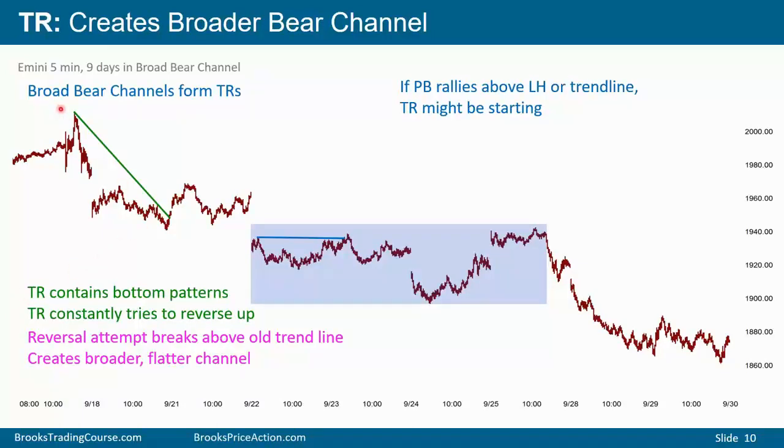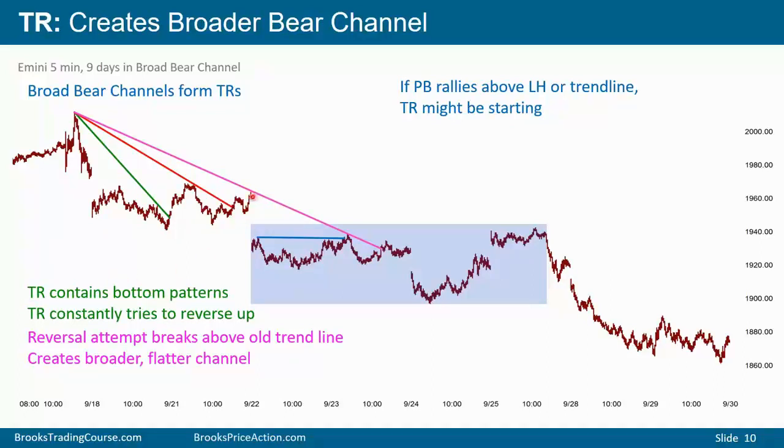Whenever the market is in a bear trend, it's regularly having strong reversals up that break above the top of the channel, which is the bear trend line, and then it reverses down again, and you can draw a new trend line, and the channel will get flatter and broader as time goes on. Market's starting to reverse down, so you have 2 points. You can draw a new line, but this line is flatter than that line, and the channel is becoming broader. So it's pretty tight here, but now it's a broader channel.